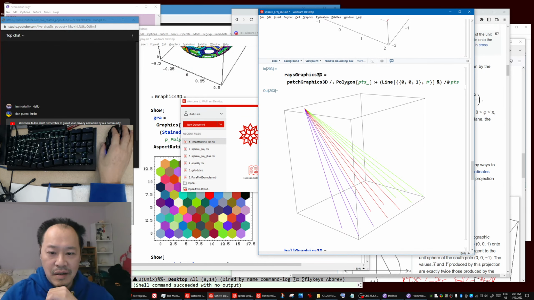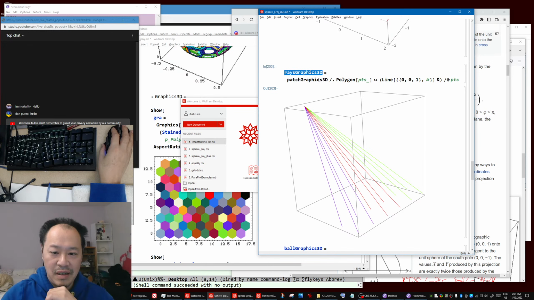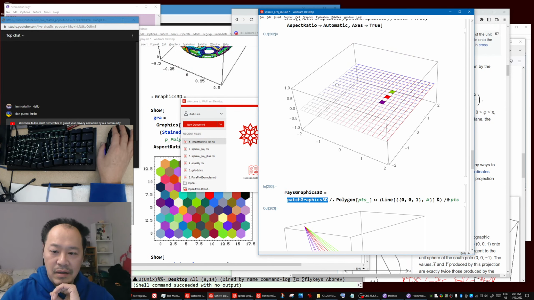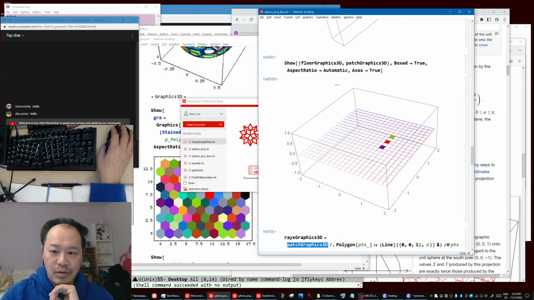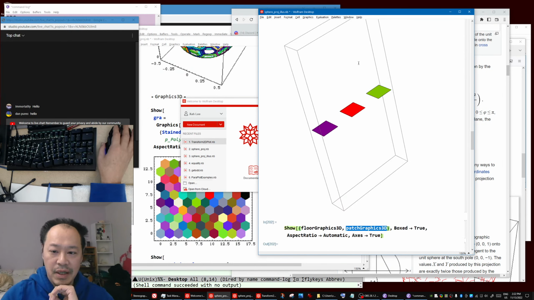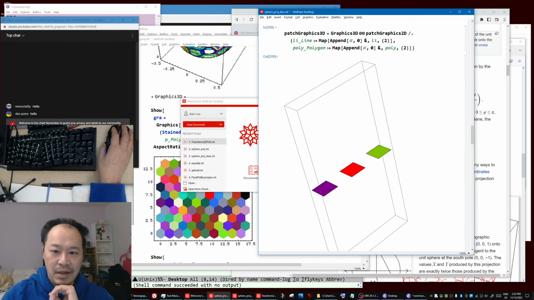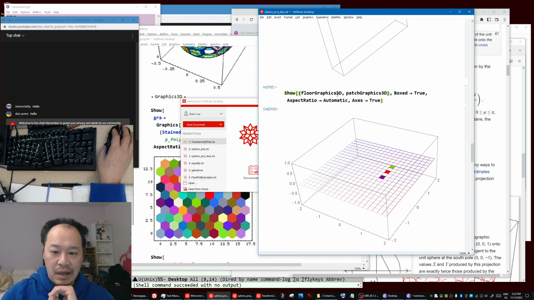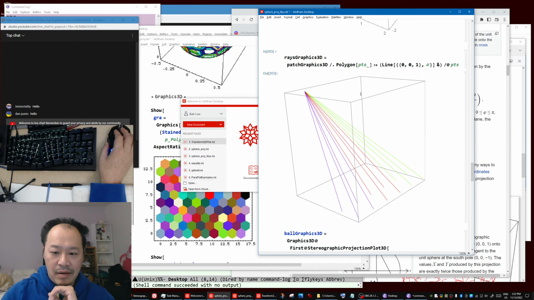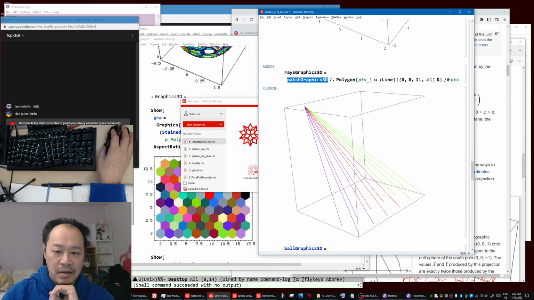So you can see here's the code: Ray Graphics 3D, polygon line, patch graphics 3D. Now, what is patch graphics? These are patches. These colored rectangles, I call them patch graphics 3D. And the grid is called flow graphics 3D. Then here, the patch graphics 3D, this means replace each polygon